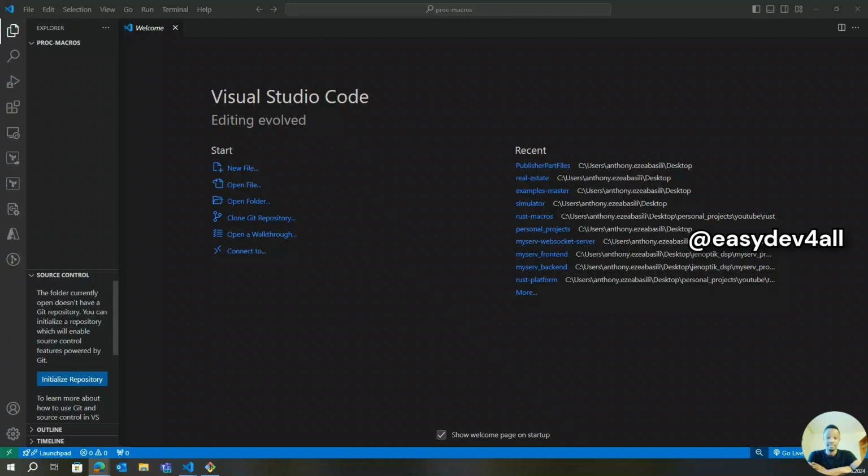So today we would like to work on macros, specifically procedural macros. In Rust, there are basically two kinds of macros. They could be declarative and they could be procedural. So if you've ever had to use something like,